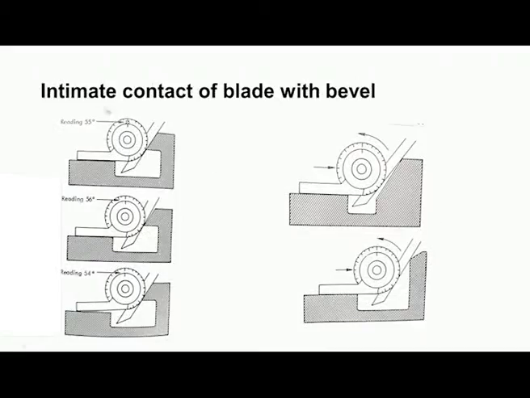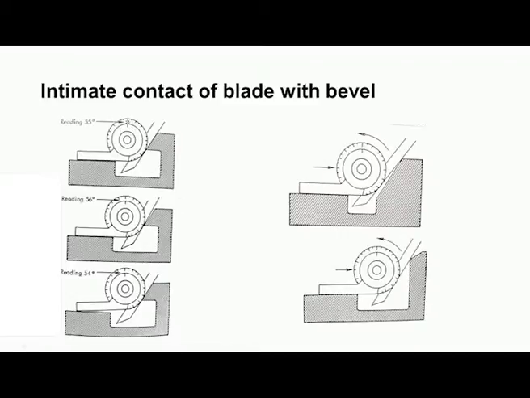Now, another important thing when we use the protractor is that there should be intimate contact between the blade and the beveled surfaces. You can see here this is the sliding blade, and this is the blade which is fixed to the body. The surface of the fixed blade and the sliding blade should contact the surface of the workpiece intimately, then only the proper reading can be taken.